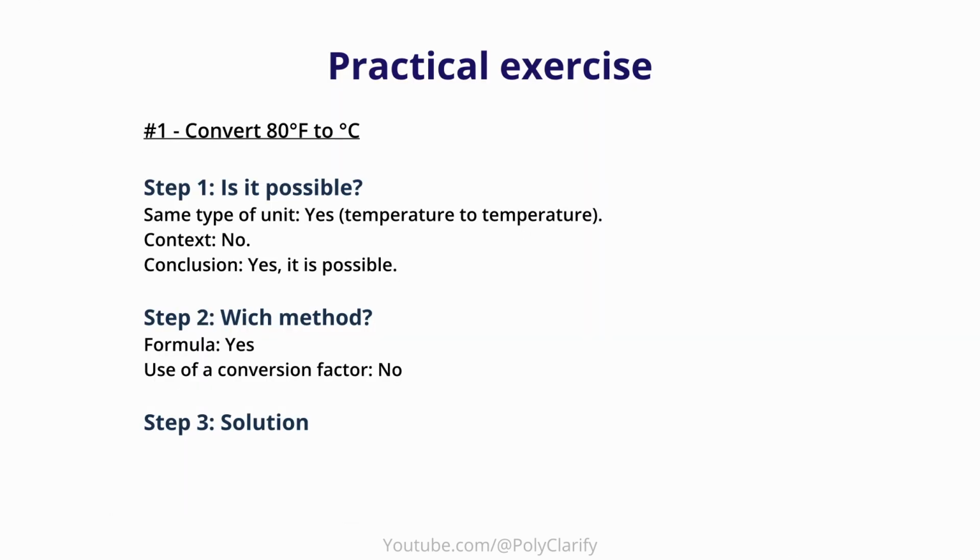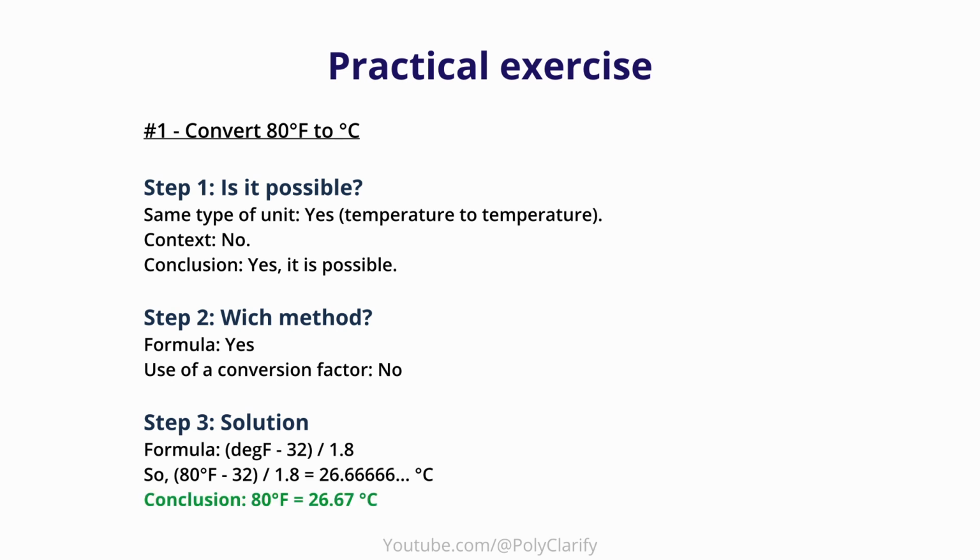Now, let's proceed by applying the formula. And here is our result. 80 degrees Fahrenheit is equal to 26.67 degrees Celsius. Having explored the formula technique in this exercise, we will now apply the conversion factor method to our next